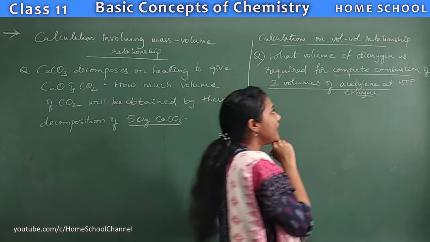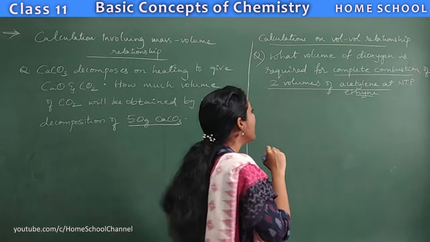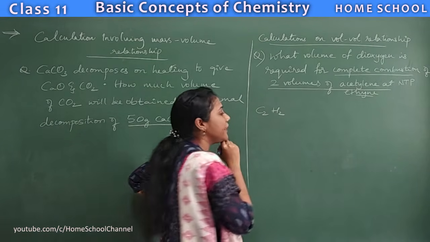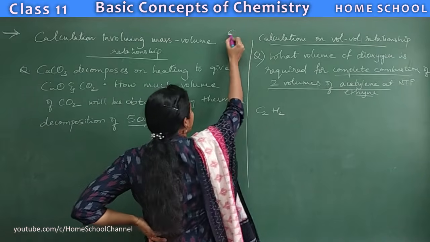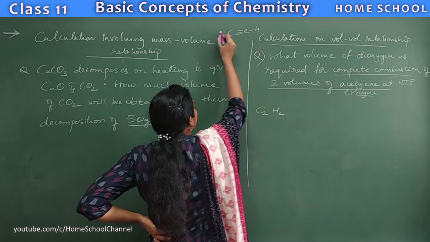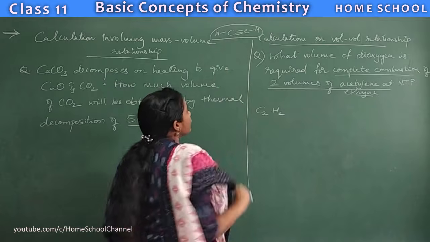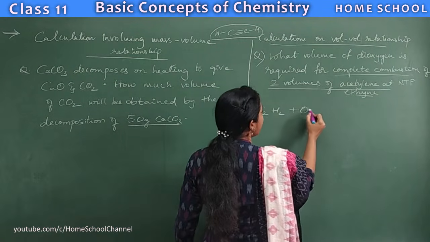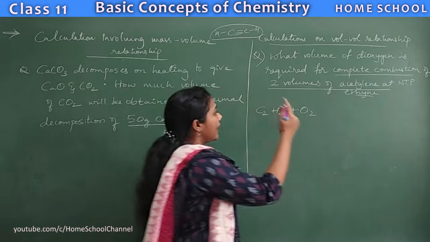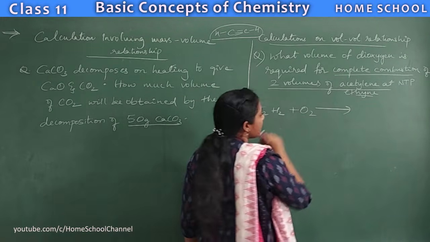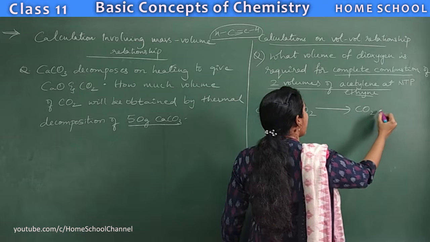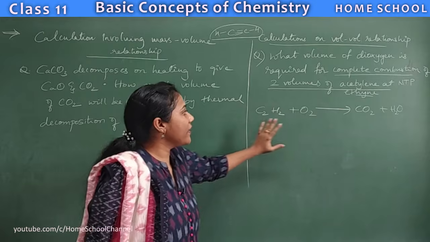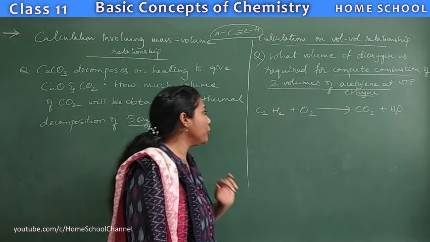So now you have to write the combustion reaction of ethine. What is the formula of ethine? The formula of ethine is C2H2. Yes or no? This is the structure of ethine, H-C≡C-H, right? So C2H2 is the formula of ethine. Combustion always means a reaction with oxygen, right? And anything that burns in the presence of oxygen always gives carbon dioxide and water, right? The equation we have written, you have to balance it. How do you balance it?